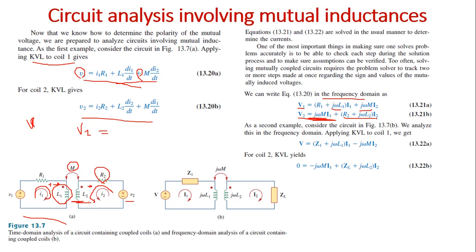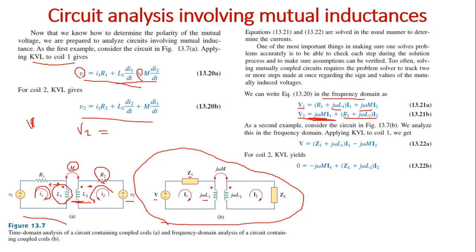Okay, represented as impedances. Now let us consider another example. So this is the second part of the circuit, that is another example. So here also, first part of the circuit we have, you can see that this circuit is represented in frequency domain. You can see the voltage, it is in phasor. Okay, and Z1 is an impedance. Similarly, all the inductance, mutual inductance, and self inductance are represented as impedances.